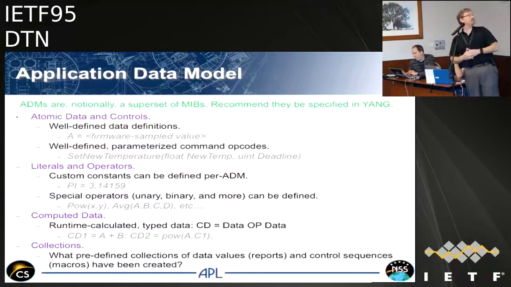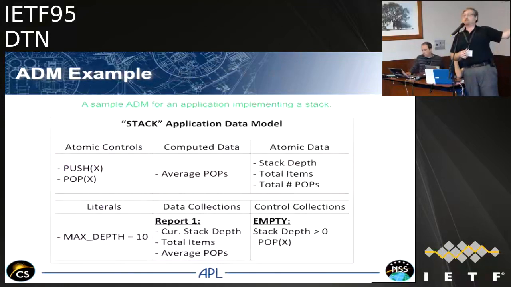No worries. This will go quickly. I will skip over this example because I think we understand the definition, but there are drafts for a bundle protocol ADM, for an AMP agent ADM. What's nice about the AMP agent ADM is that it will say this is the set of literals and command operations and operators like plus, minus, divide, and those sorts of things, and computed data and atomic data that any agent in the AMP system must be able to identify, and therefore it is open to anyone to use in that system. So when you look at your own ADM, you can presuppose that anyone would have everything already defined in the one, and you only have to capture the deltas in yours.